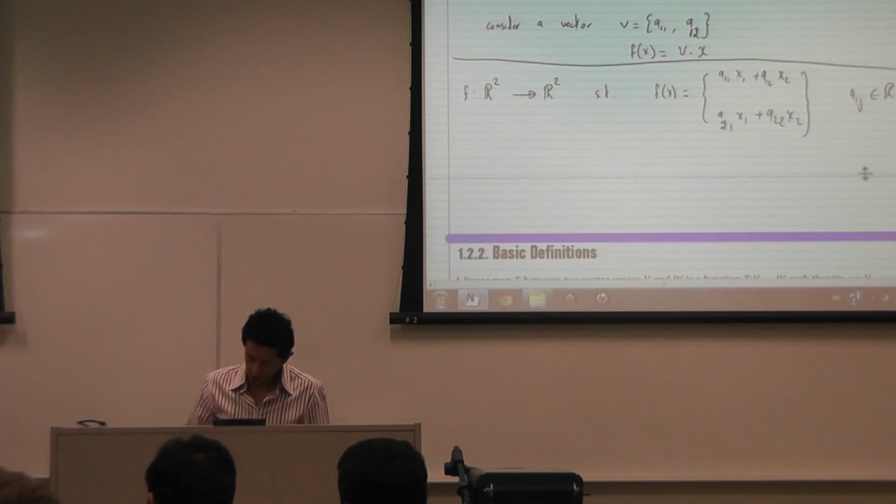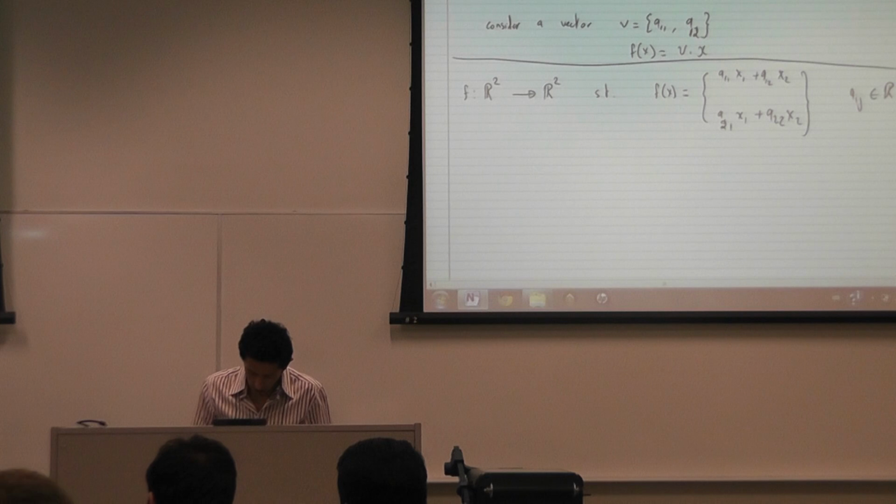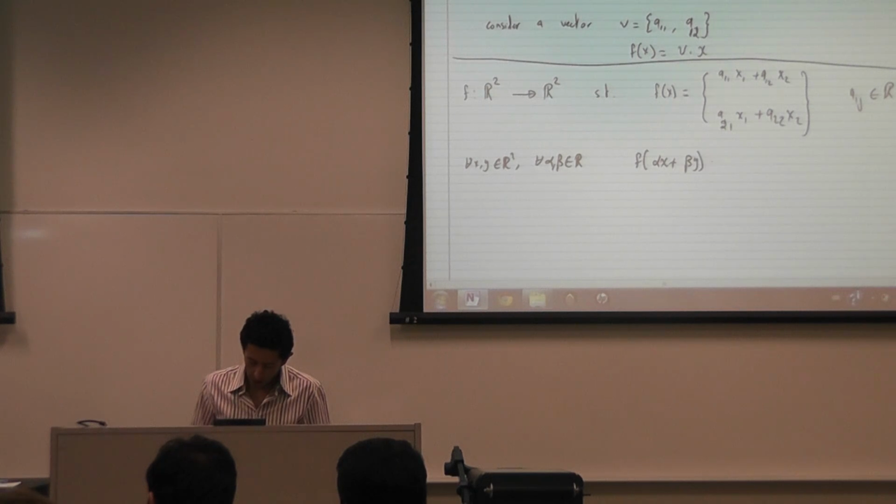Similar to the previous example, you'll find for every x and y in R2, and for every alpha and beta in R, that f of alpha x plus beta y will be equal to alpha f of x plus beta f of y,